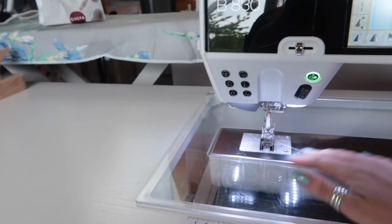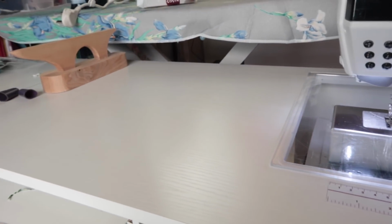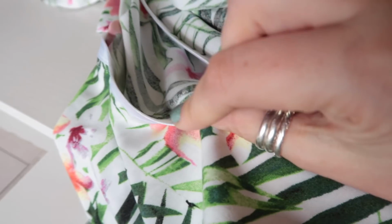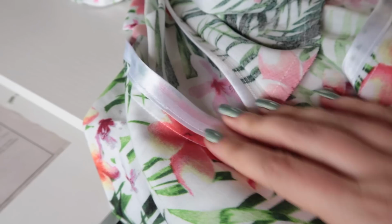So the next thing that I'm going to do, I've got my blind hem foot on because this is how I like to attach the binding. I'm going to flip this round to the right side, and then I'm going to top stitch this part down with my blind hem foot. Okay, so I have folded my tape over, I have top stitched it down,